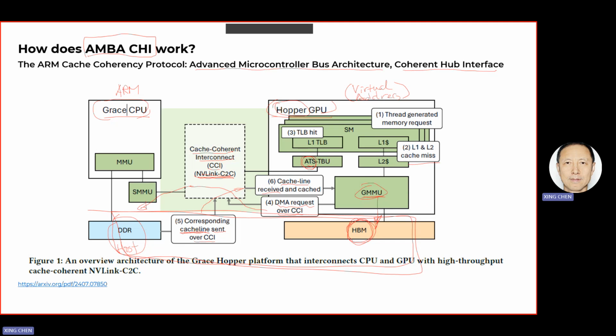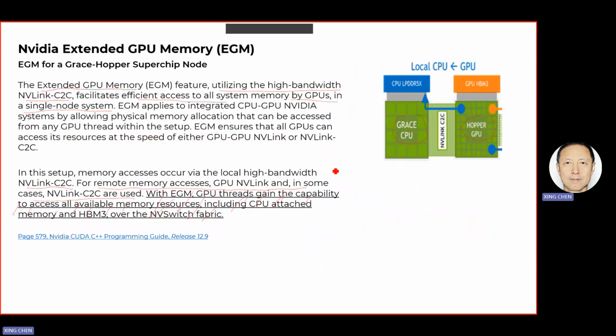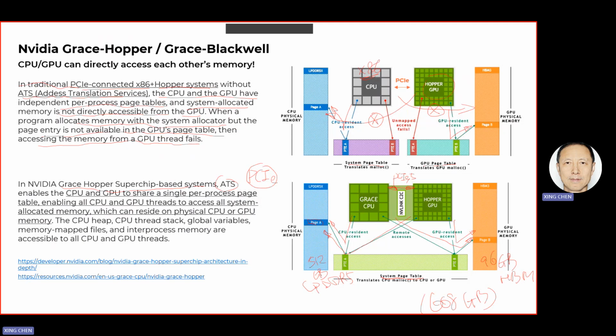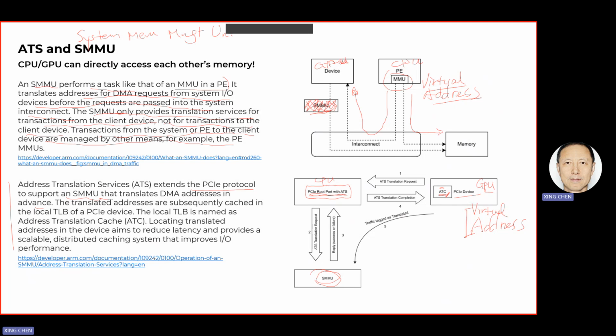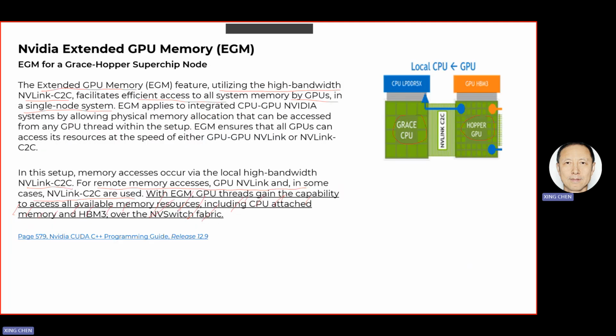This feature is basically the summary of all the things we have discussed. It relies on the ATS service, SMU, ATS, NVLink. It relies on all this stuff to make the GPU memory really extended to cover the host memory. Okay. Anyway, right now it seems a little bit like a feature